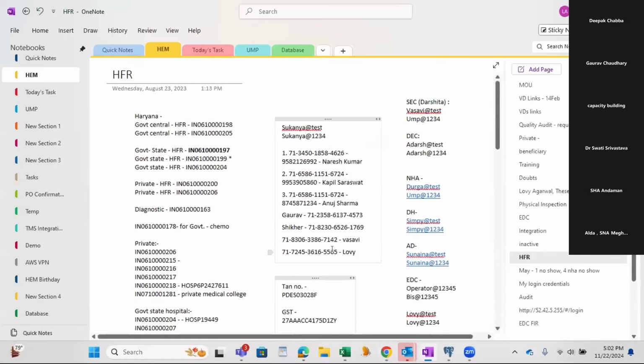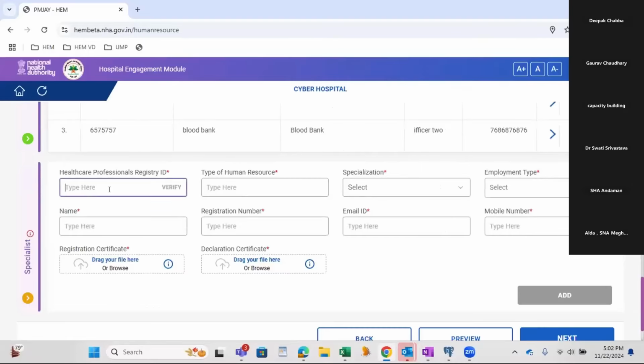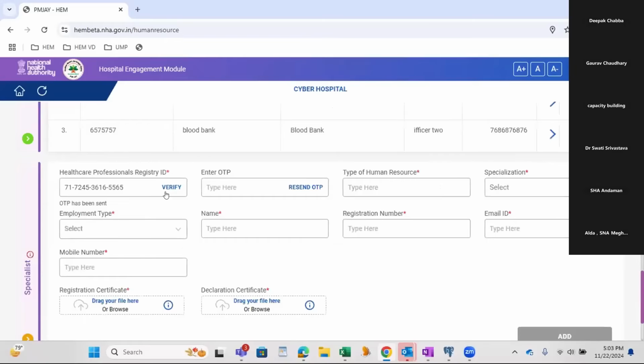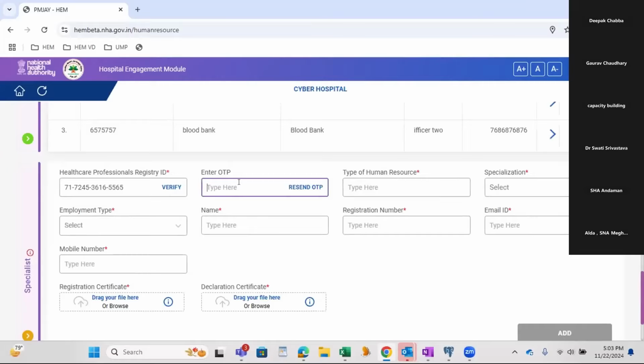I am entering one of the doctor's HPR and I click on verify. I will receive an OTP for the entered HPR ID for which it is registered.